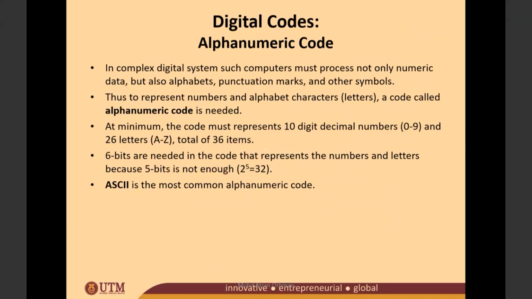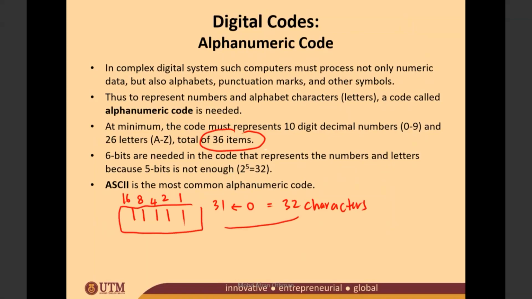Okay, contoh. Okay, so this is a 5 bit. Contoh kalau kamu letak 5 bit ni semuanya 1, 1, 1, 1, 1. Okay, kamu tukarkan dia ke dalam decimal. Okay, 16 tambah 8. Okay, so 16 tambah 8 kamu dapat 24. 24, 28, 29, 30, 31. So, kamu hanya ada up to 31. Okay, which is daripada 0 hingga 31, kamu total 32 karakter saja yang kamu boleh support. Okay, kenapa? Okay, sebabnya tadi kita total up kena ada 36 characters. Okay, tapi kalau kamu pakai 5 bit number je, okay, so characters yang kamu boleh support hanya 32,